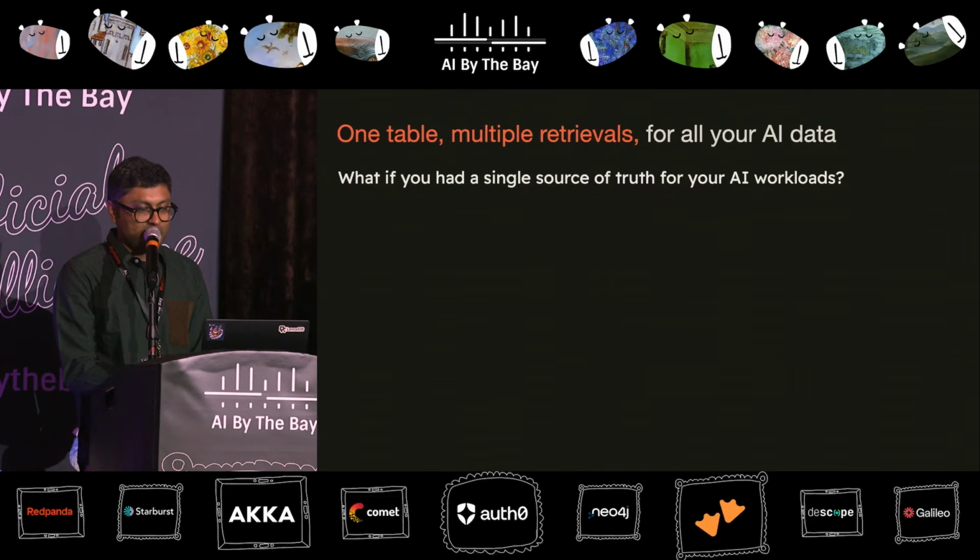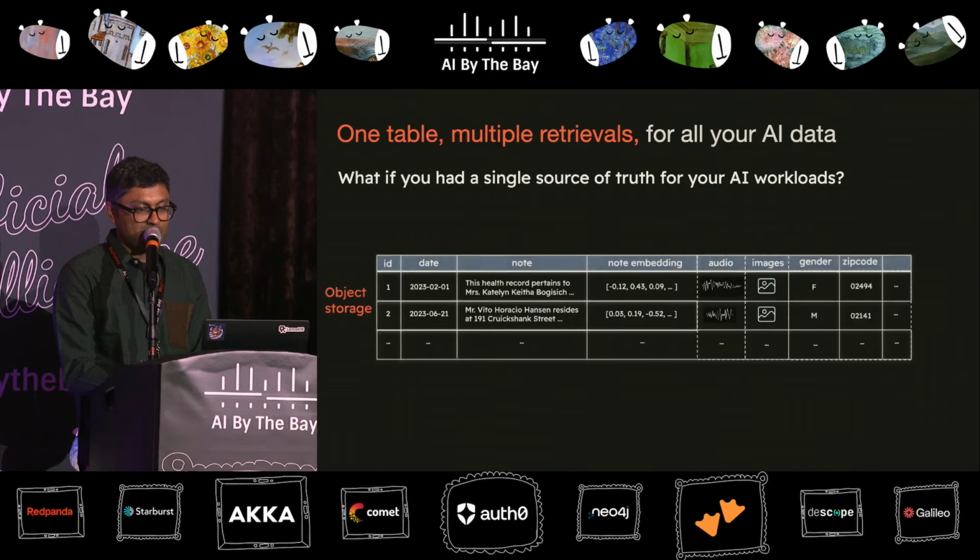So the final image you might want to take away is, what if you had a single source of truth for all the AI workloads that you are going to run? Imagine you have a Lance table on an object store that evolves over time. You can easily maintain a secondary index on the ID column for a key value store at various stages of the pipeline. The LLM may return only the ID at an intermediate stage, but then you use a key value fetch to retrieve the rest of the metadata tied to it.